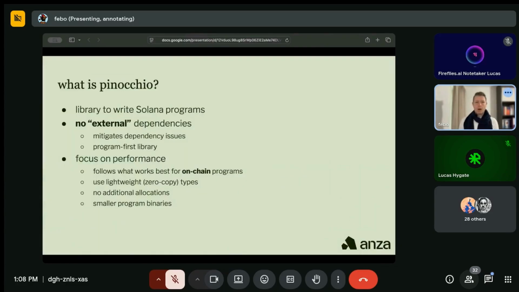All right, so starting, I don't know how many of you have heard about Pinocchio or not, or even if you have used Pinocchio or not. But essentially, Pinocchio is a library to write Solana programs. So you could use the Solana SDK, and you can use Pinocchio. We are starting the process of integrating them, but at the moment they are not fully integrated. There are things that you can use from both in one or the other SDK, but essentially Pinocchio started